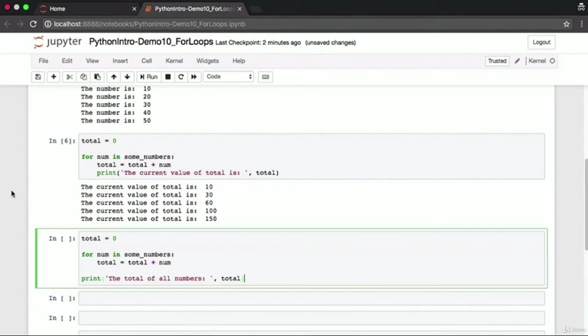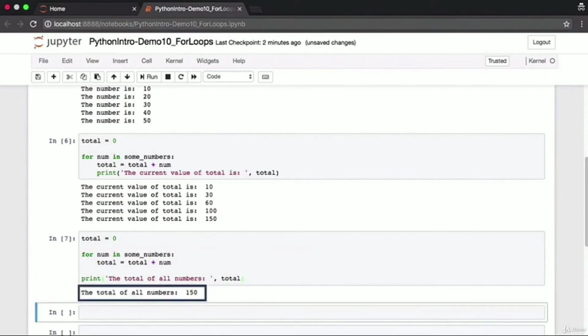Notice something interesting here. I want the print statement to be outside of the for block. This I achieve by specifying the indentation. Notice that the indentation of the print statement is not the same as the indentation of total is equal to total plus num, which means total is equal to total plus num is within the for loop. The print statement is outside of the for loop. The print statement will be executed exactly once after the for loop has iterated over every element in the list